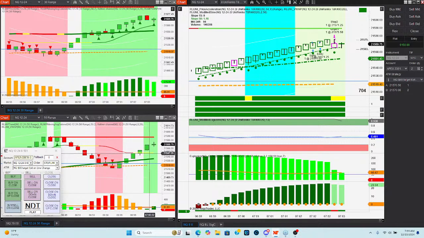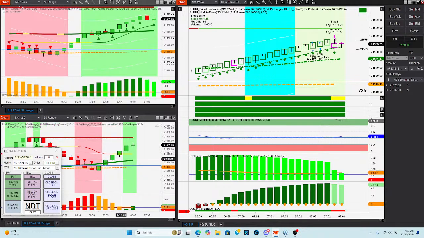See, I don't like trading on a flat trend line. What I do is I use these flat trend lines to draw my box, my trading box here, and